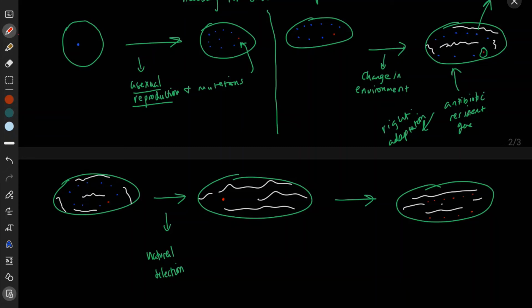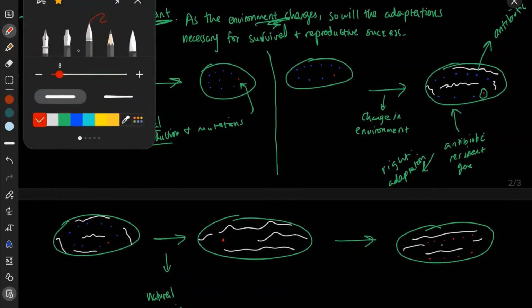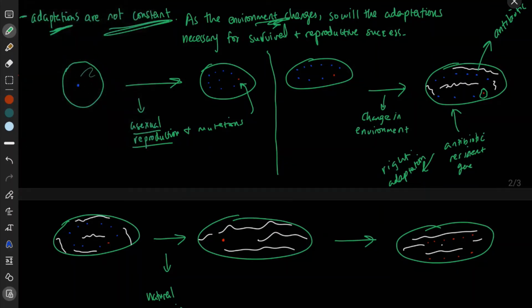So let's go through this one more time. I know it was kind of messy because we were still drawing it out, right? So first, let's go back to green. First, right here, we have just a petri dish with a single colony of bacteria that do not have the antibiotic-resistant gene, right? So now, after undergoing asexual reproduction, 10 cycles of that, and chance mutations occurring, we have 9 colonies of bacteria